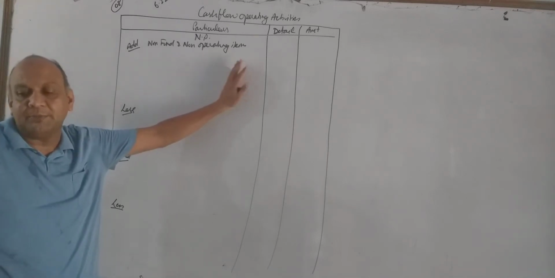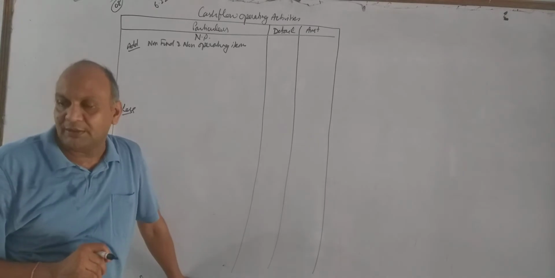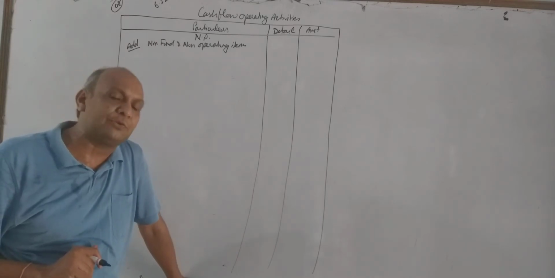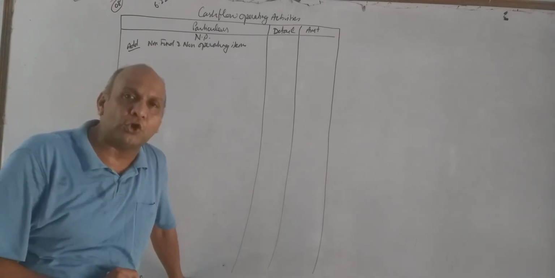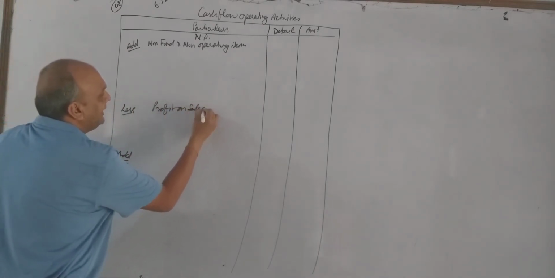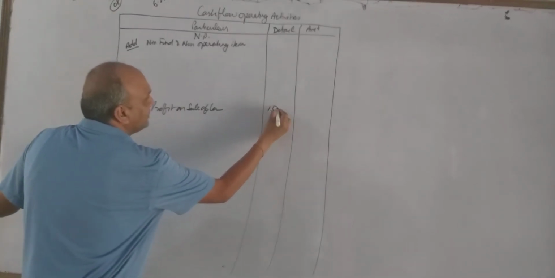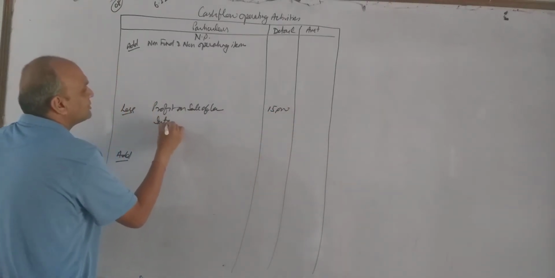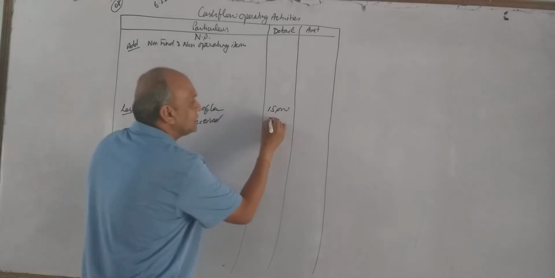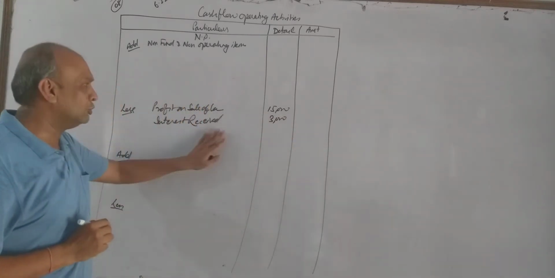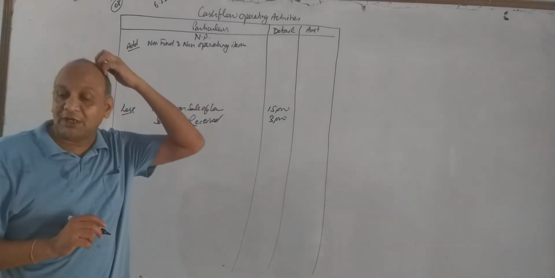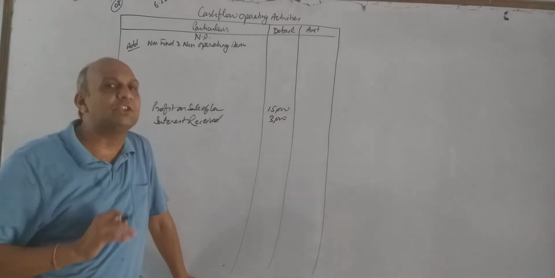Then we have given other income. In other income we have given note number 1. In note number 1 we have two items in other income, profit on sale of land and interest received. If you remember, I told these are non-operating income. That's why we are going to deduct profit on sale of land rupees 15,000, and then we have interest received, and interest received is given 3,000 rupees. Both are non-operating items, that's why we are going to deduct in the first part. Next item, after revenue other income we have given total revenue, nothing to do with the total revenue.